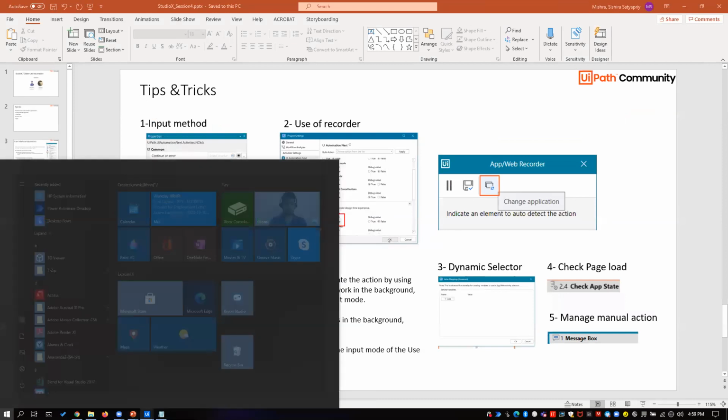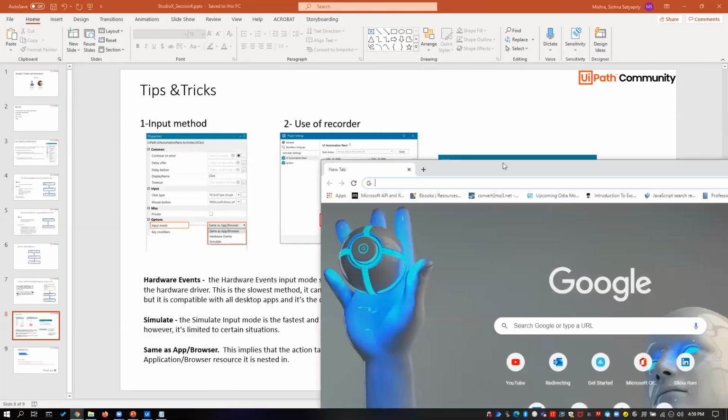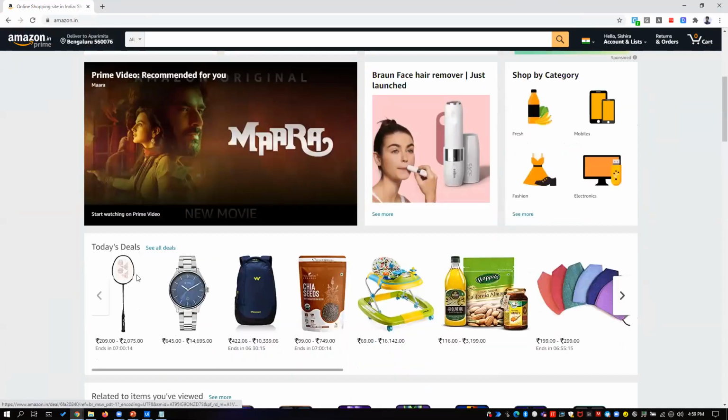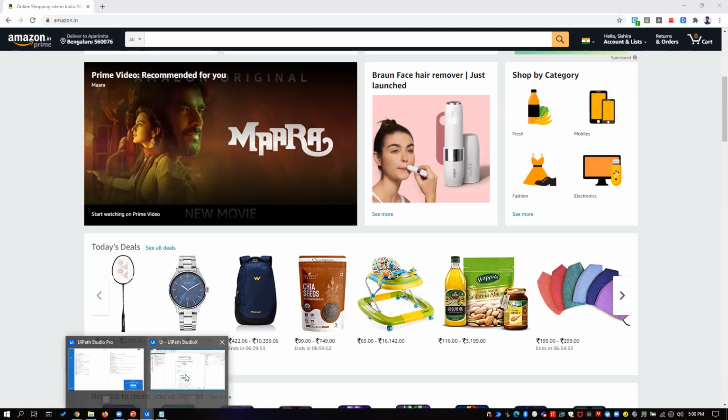For example, let me open one of the sites, Amazon.com, let's say. And here, assume I need to click on some of the elements, let's say one of these, and your value to click is coming from Excel or some external source. If you know there is no fixed place, but it has to be selected from an Excel file. Or let's say you have some external reference where it's an incremental value one after another, it has to click. So that time you need some references to save.